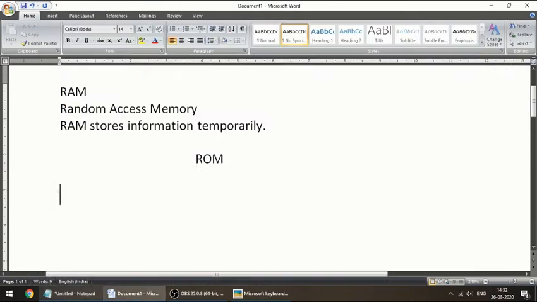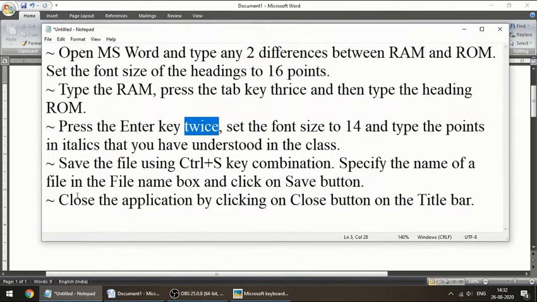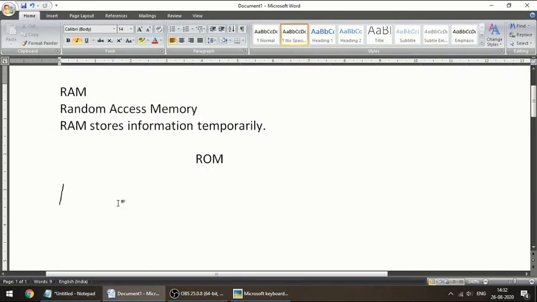What do you mean by italics? It is over here. Click on this, it will turn to italics. You can see now it has become slanting, okay? Type the points in italics that you have understood in the class. Now for the first point, I will copy this same thing but related to ROM, that is read-only memory.